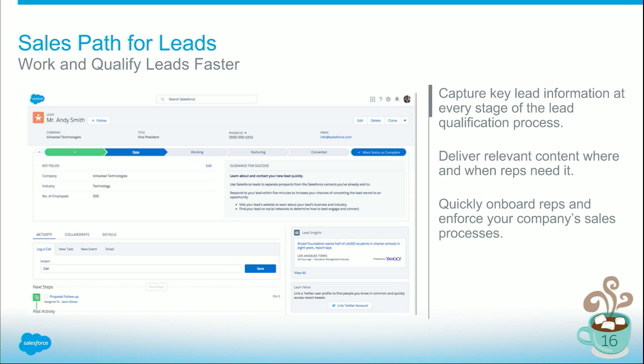So the nice thing is if you do have a process from the time a new lead comes in all the way to conversion, you can set up those statuses in a nice visual format, and you can prompt your reps to focus on the right things when they get that new lead, when they're working it, perhaps if they're moving it to nurturing. You can set that process up based on how your organization does it,